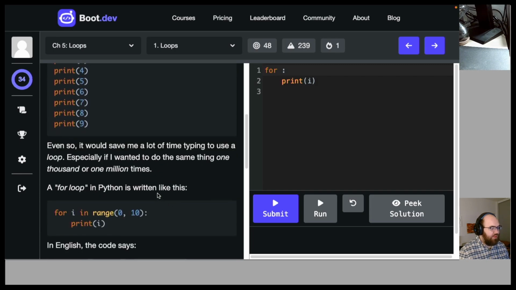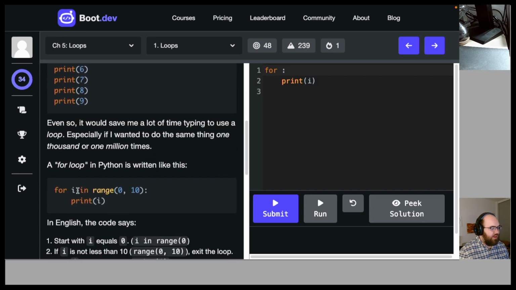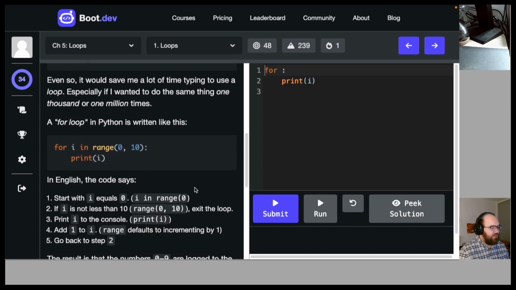A for loop in Python is written like this. For i in range 0, 10, print i. In English, the code says, in excruciating detail I might add,